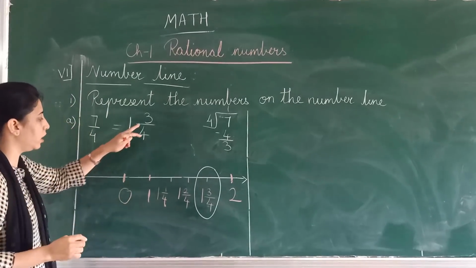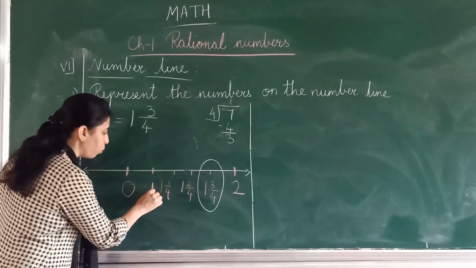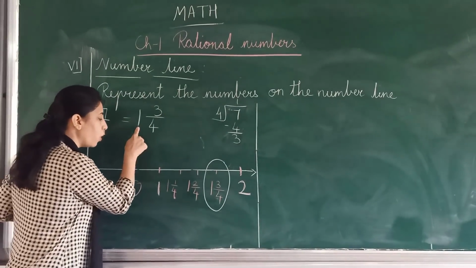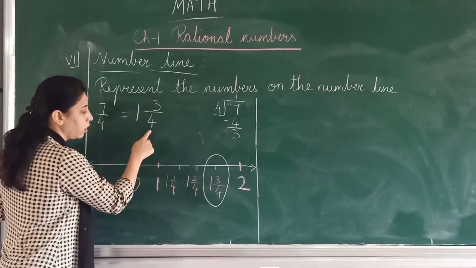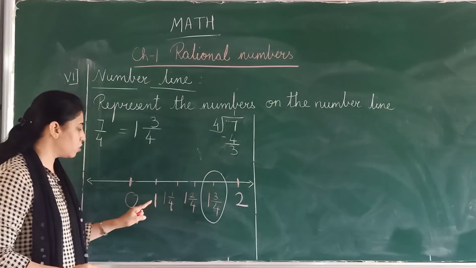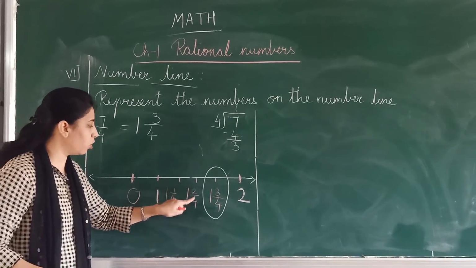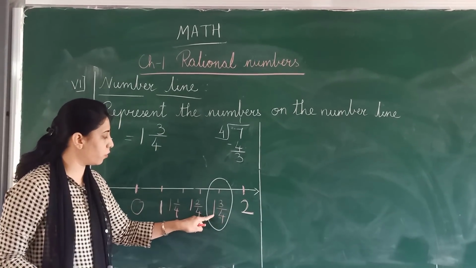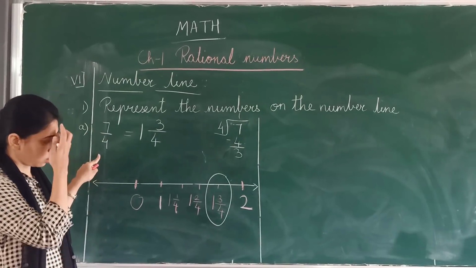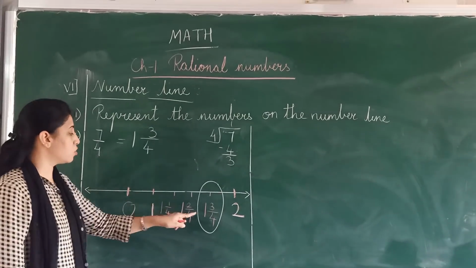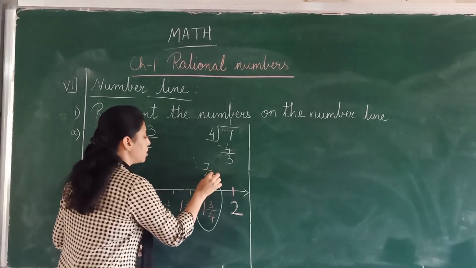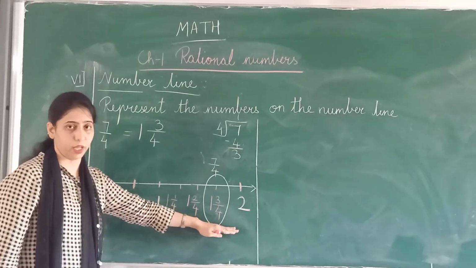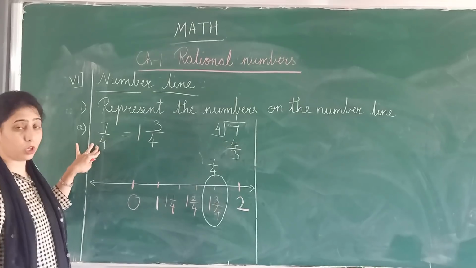So how to represent 1 integer 3 upon 4? You can write here 1 and here 2. So what is the integer here? 1. So between 1 and 2 you get 1 integer 3 upon 4. This is fraction over here. So 1, 1 upon 4, 1, 2 upon 4, 1, 3 upon 4. When you convert into improper fractions, 4 ones are 4, 5, 6, 7, 7 upon 4 you get as an improper fraction. So in this way 7 upon 4 is represented on the number line. In this case the denominator is smaller.